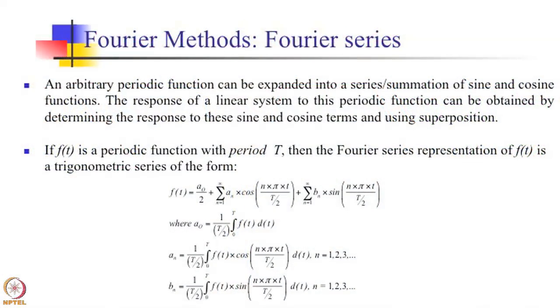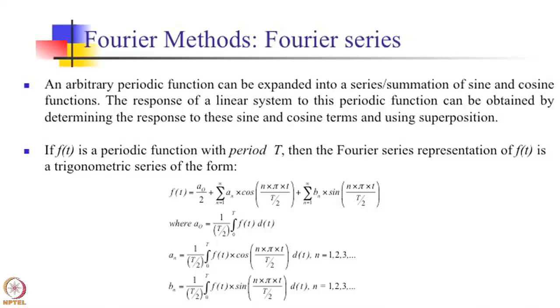if the applied function is a periodic function with, let us say, a period of T, then the Fourier series representation of f of t can be decomposed into sine and cosine terms, of the form as you can see on the slides. So you can see that f of t is equal to some term a naught by 2, which represents the DC or the average value or content in the function f of t, plus a summation that goes from n equal to 1 to infinity of cos and sine terms,